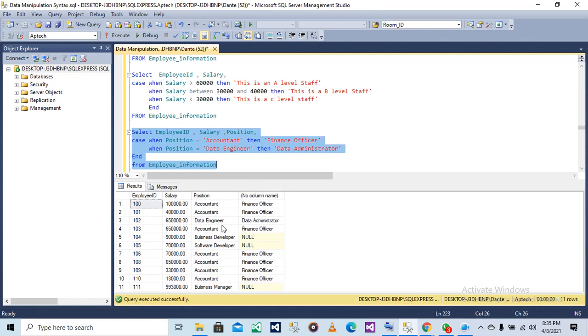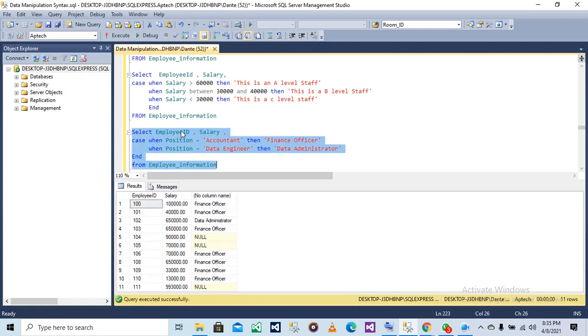Now you can see the data engineer that was known before is now data administrator as its case. But now I'm going to remove this. So you can see these are also the positions of all those employees, but we just gave them another meaning, another name.